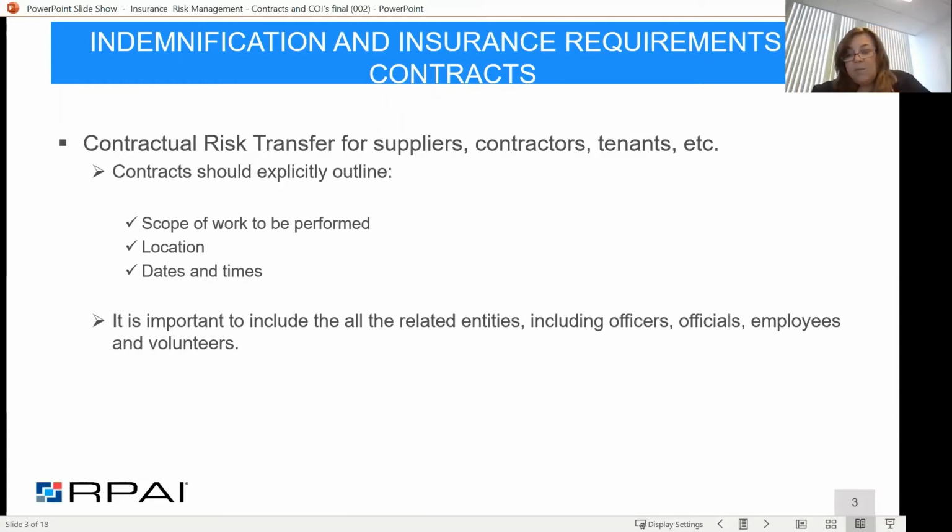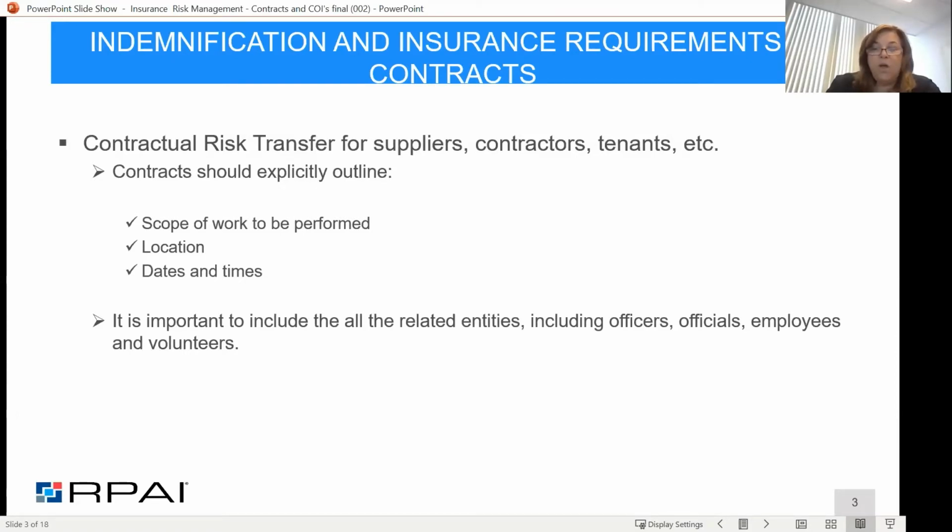So why is that important? The biggest thing to keep in mind when you're drawing up these contracts between two parties is this: in our situation, we're dealing with a property manager and the account manager for the vendor or supplier, and they're talking about a scope of work to be performed. The agreement itself has to be written in such a way that a third party looking at it will have the same understanding that the vendor and the party they're contracting with had when developing this agreement for work.